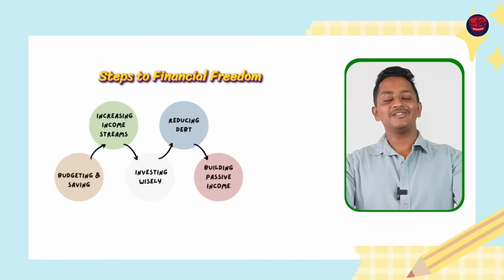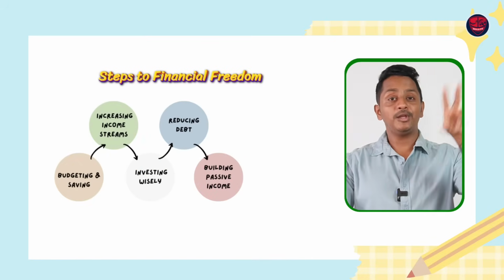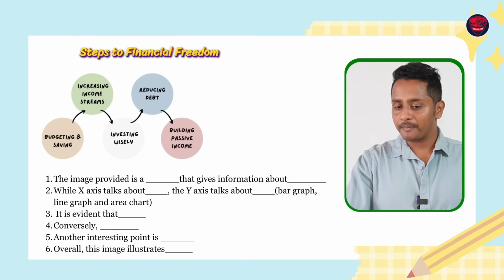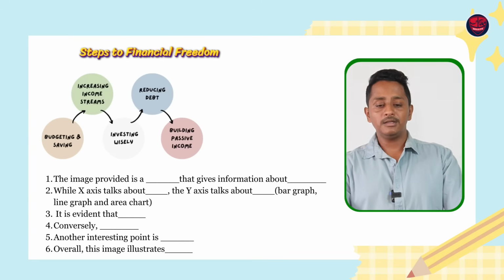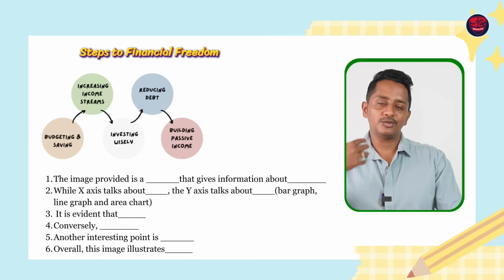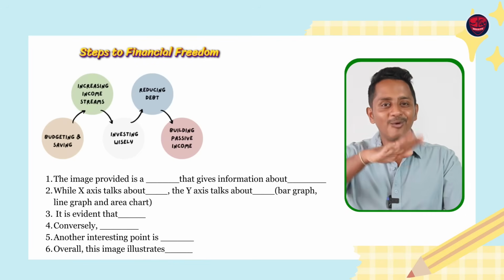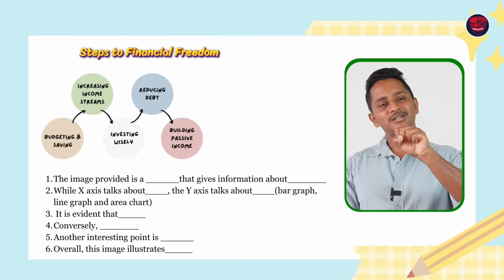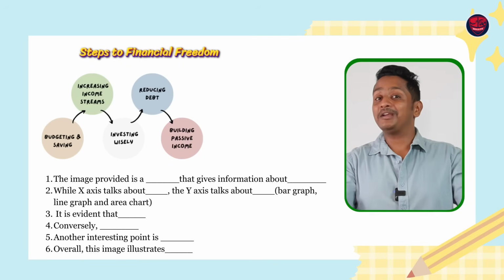If this is the picture, steps to financial freedom, let me show you how people hesitate and still end up thinking they should get full scores. "The given image is a picture that gives information about steps to financial freedom. The first step in the steps to financial freedom is in increasing income." So the person is not very confident of making the speech flow like water that flows in the river. Hope you're getting it. He's hesitating so much. The idea is he's not confident enough that he's going to speak perfectly.